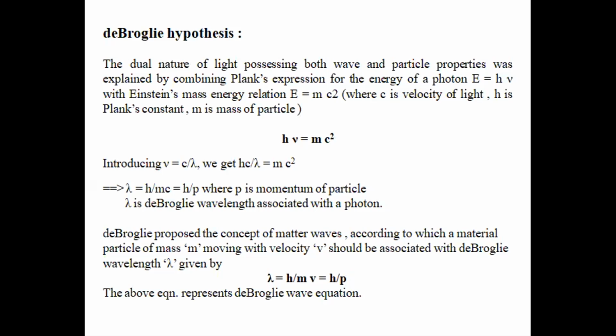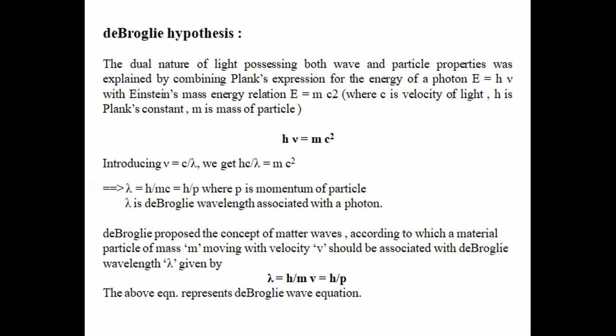h nu equals mc square, introducing nu equal to c by lambda, and finally we get mc square equal to hc by lambda. Lambda is equal to h by mc, that is equal to h by p, where p is the momentum of the particle, and lambda is the de Broglie wavelength associated with a photon. De Broglie proposed the concept of matter waves,